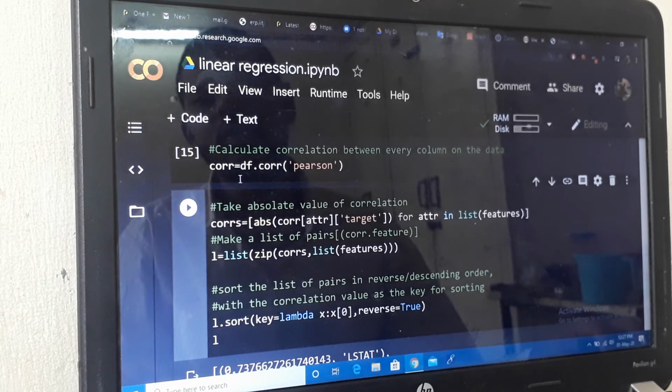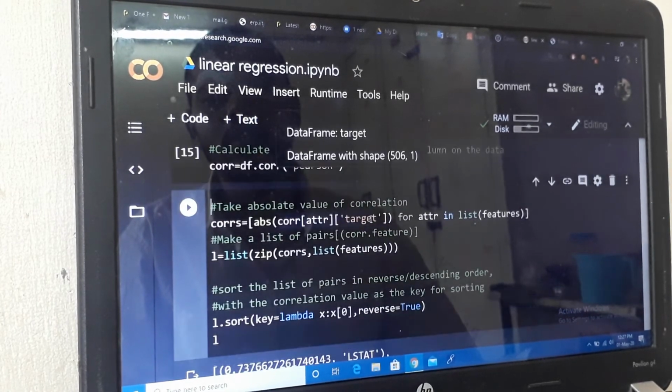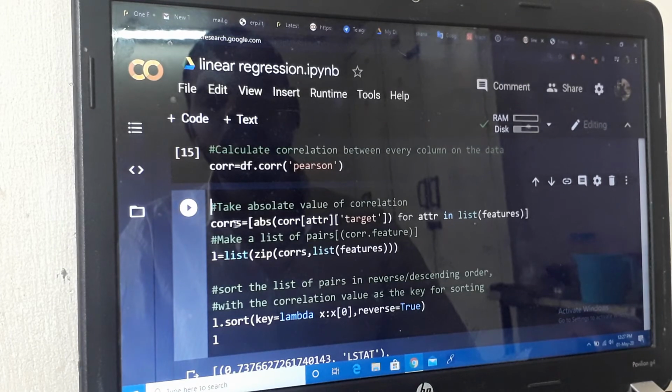Why are we calculating correlation? For calculating correlation, absolute value of correlation. This is the way of finding the absolute value of correlation of a particular column for attributes in the list feature.